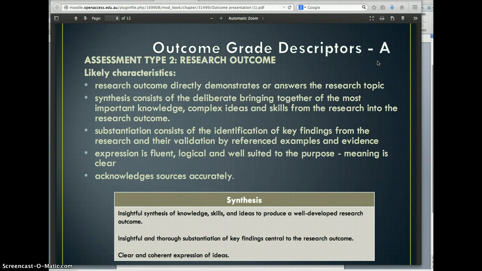There's some likely characteristics. So your research outcome directly demonstrates or answers the research topic. So your outcome is directly related to your research question. You are directly answering that question. Your synthesis consists of the deliberate bringing together of the most important knowledge, complex ideas and skills from the research into the research outcome. So you are drawing together all of the things you have learned. The knowledge, the complex ideas and the skills you've developed are being brought together and demonstrated as part of the